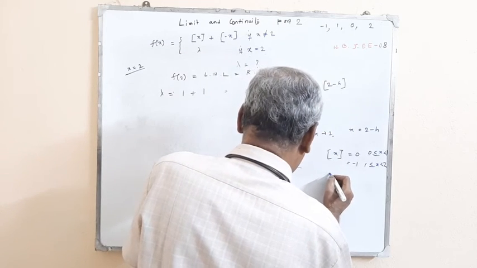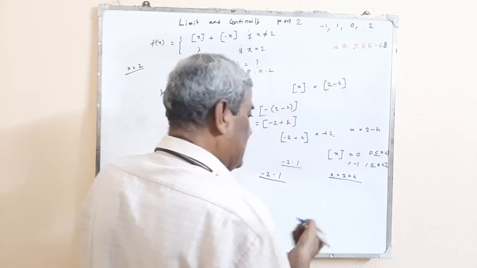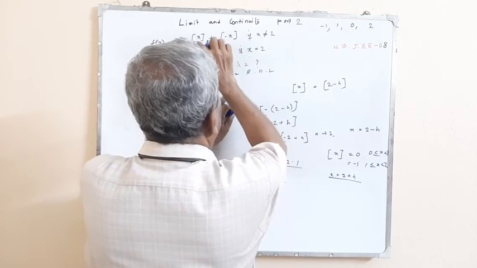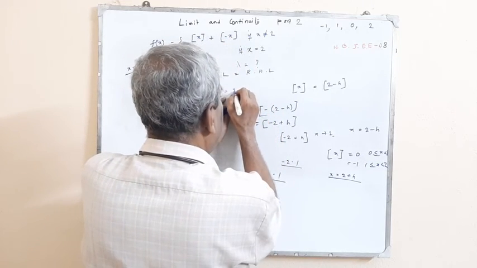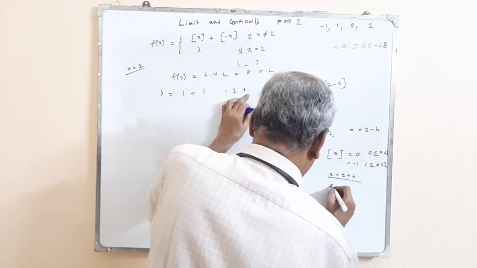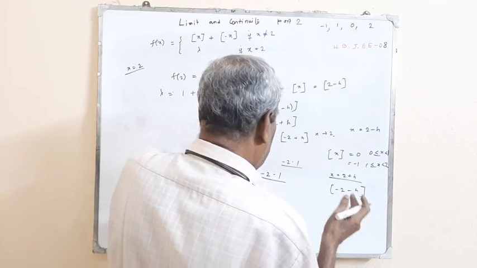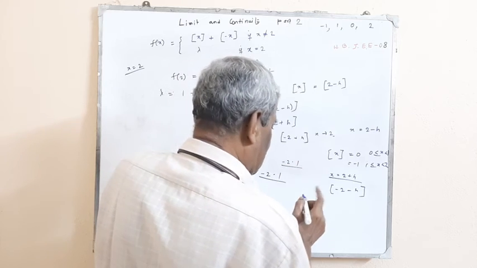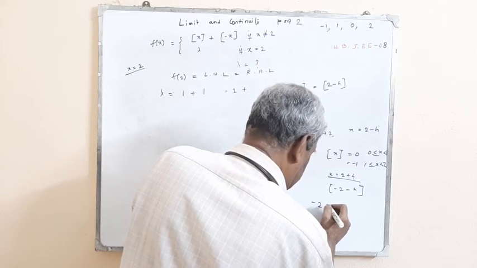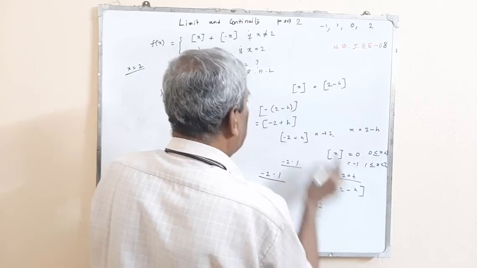we have to take x is equal to 2 plus h for right hand limit. 2 plus h means more than 2. So that it is equal to box of x is 2 plus box of minus x, means box of minus 2 minus h. So that it is equal to minus 2 minus h, means minus 2.1. So that it is equal to minus 2 minus 1,